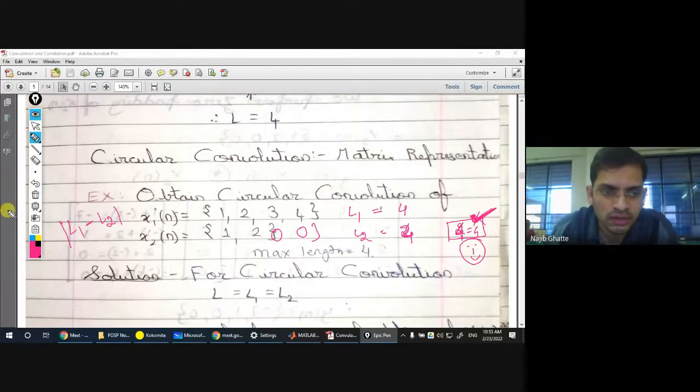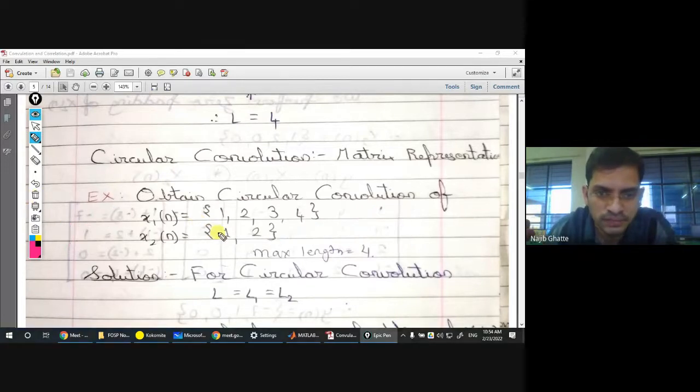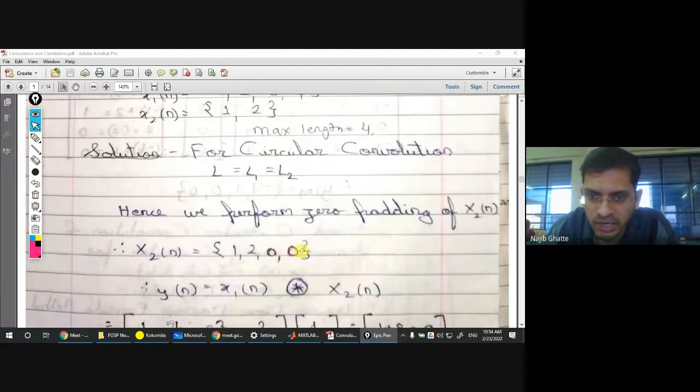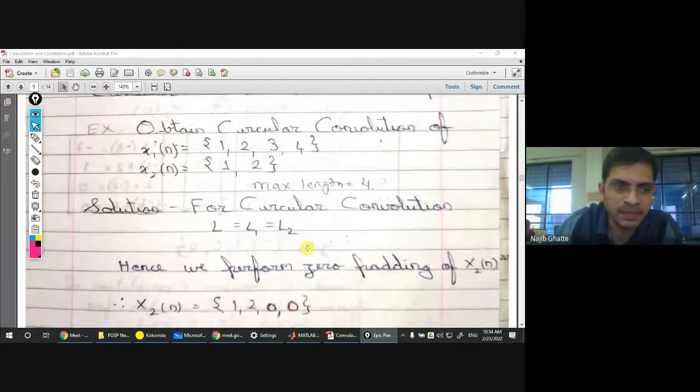Okay, fine. This could be a GATE question. Gate में ऐसा question आता है कि number of zeros to be appended in case of circular convolution. What is the formula? L1 minus L2, the mod of that. Okay, understood, sir. Fantastic. Now 1 2 0 0 लगा दिया. Now how this has to be done? आपके सामने मेथड है सर, आपको बता देता हूं मैं क्या करना है यहाँ पे. सर यहाँ पे लिखा क्या पहले वो देखिए आप.